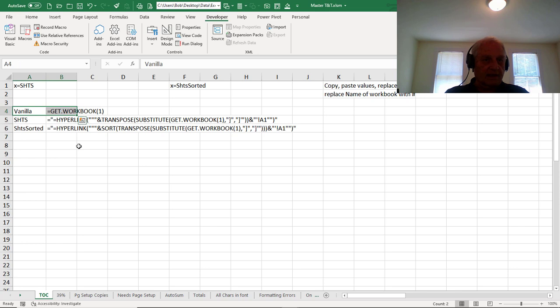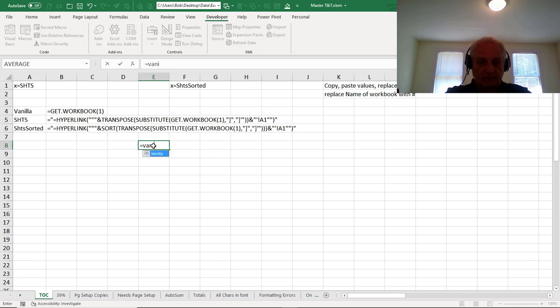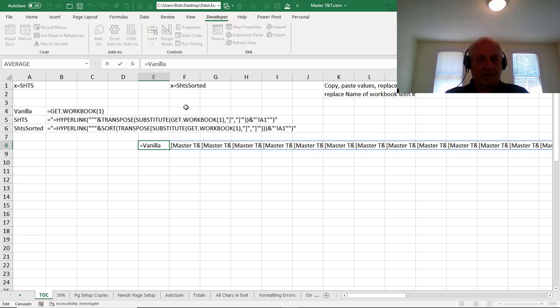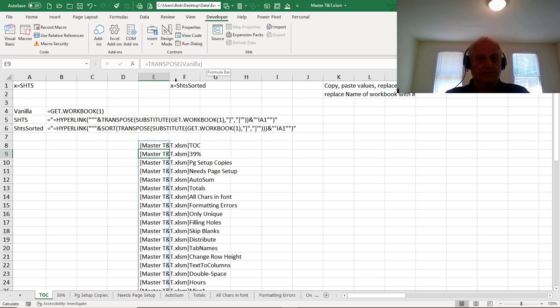The first one is called vanilla. Vanilla is defined as equals GET.WORKBOOK(1), which is an old reference to an old style workbook called Excel 4. This is an Excel 4 macro command, and what it does, if I just do equals vanilla and hit enter, I get, what is that? But in fact, if I transpose it instead, so I can see it vertically,